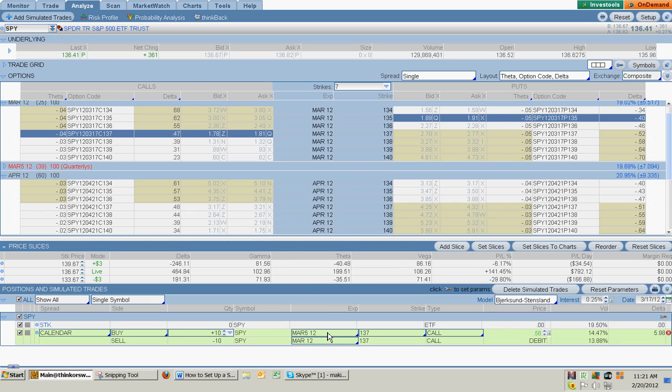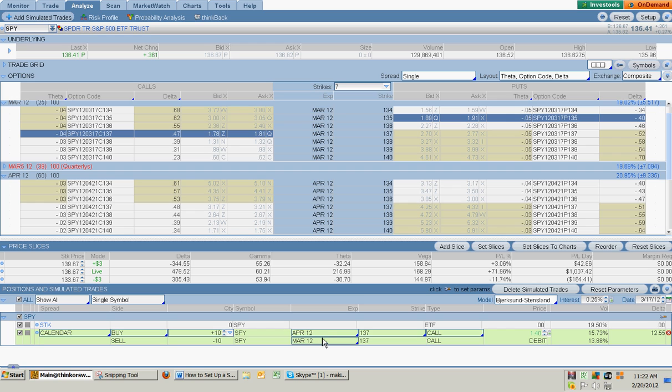and we'll go down here and switch to April. And when you buy a calendar spread, you buy an option with a longer remaining life and use that option as collateral to sell someone else an option with a shorter life, the same strike price. Since all options go down in value each day,